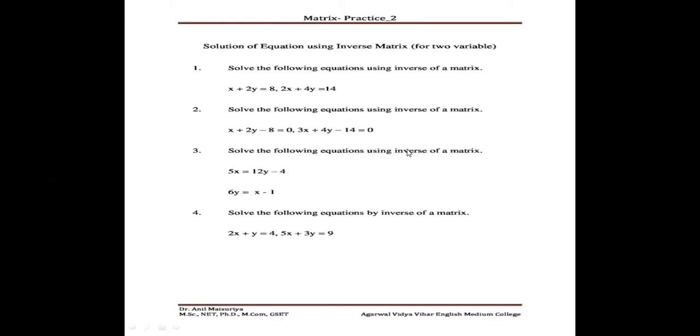So just remember two things while finding the inverse matrix. Condition number 1, your given matrix should be square, and condition number 2, first find the determinant of the given matrix, and if it is 0, then don't try to find the inverse or adjoint of that matrix. So to find the inverse matrix, determinant of A should not be 0. Okay, so if it is not 0, then only you can find the inverse matrix. So this is a very important condition that you need to remember. Okay, so I hope now it is very clear to you all.